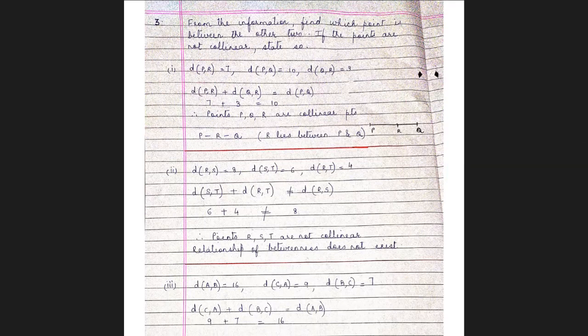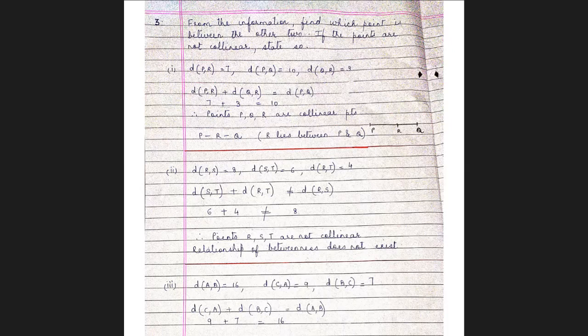Say whether these 3 points are collinear, that means whether they lie in a straight line. These are the things which you have to say. Now, when you look at the question, you have PR is 7, PQ is 10, QR is 3. What you must do is take the two smaller numbers out of the 3, add them and see whether you are getting the third number. If yes, then they will be collinear. This is the simplest way to find out.